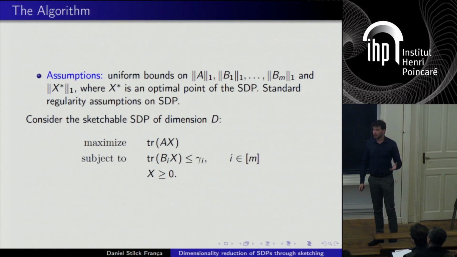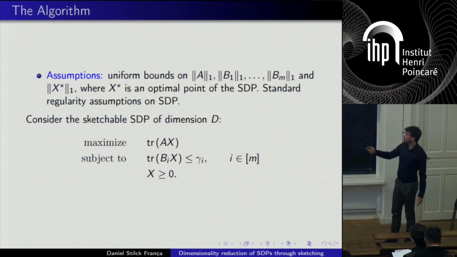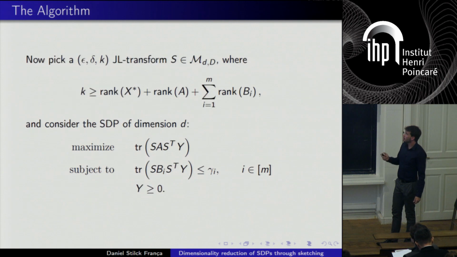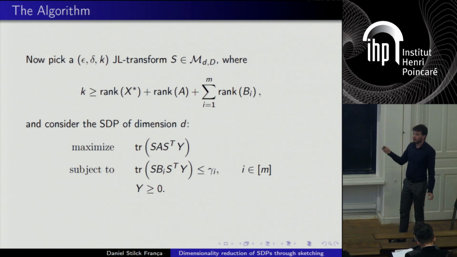And then you start with your sketchable SDP, which is defined through the B_i's and A. Now, what do you do to it? You just pick your favorite Johnson-Lindenstrauss transform. You choose epsilon and delta as you please, and then